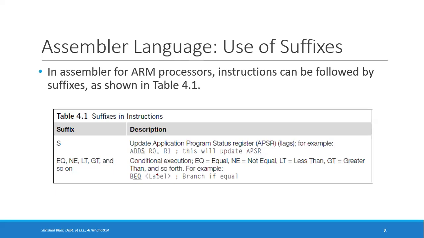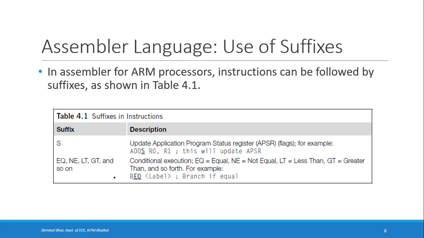Okay, for example, one example is given here, BEQ. B is the branch instruction. Along with B, if I write EQ, this means BEQ, that means branch if equal. You are going to check the condition of something. Before this instruction, you are doing some operation, or comparing something. If the compared things are equal, then you branch or jump to a particular label. So that can be written directly using BEQ. This stands for branch if equal.